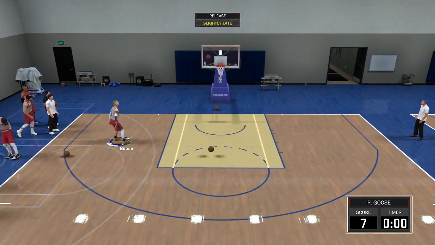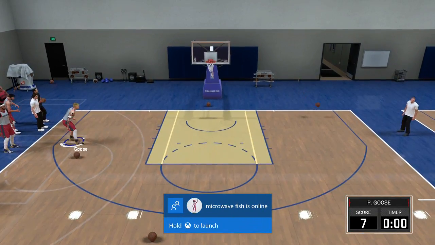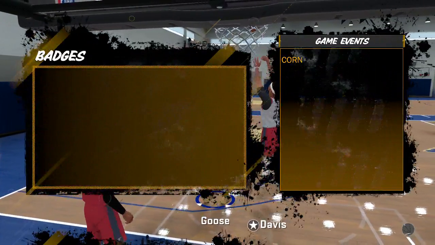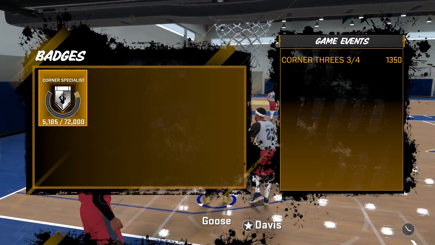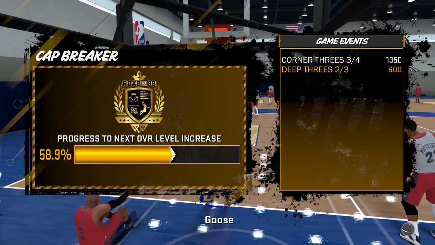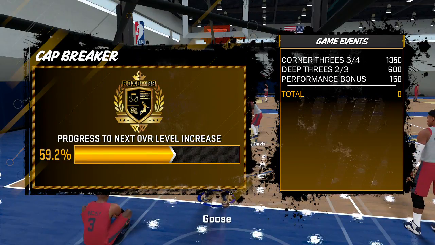Oh, I didn't know that I could grab that ball. Okay, so we'll go ahead and see here. My score is 7. I didn't hit 7 of them, but we'll see how many I get for experience here. So corner 3s, I got 1350, 3 out of 4 shots for corner 3s. Oh, I hit deep 3s, 2 deep 3s, so 600. So I got 2100 experience